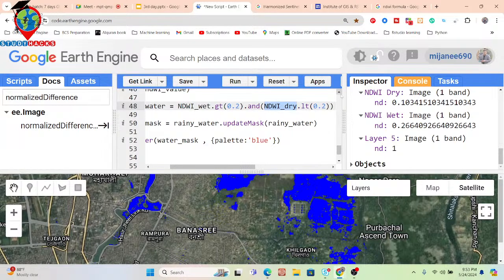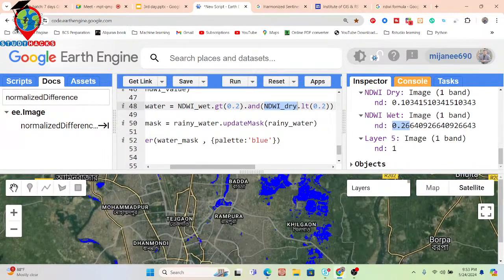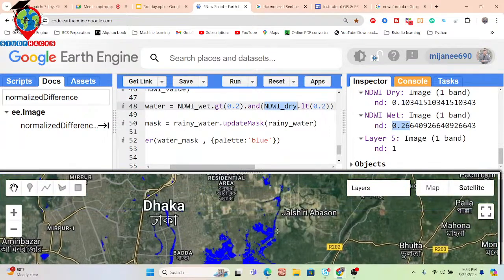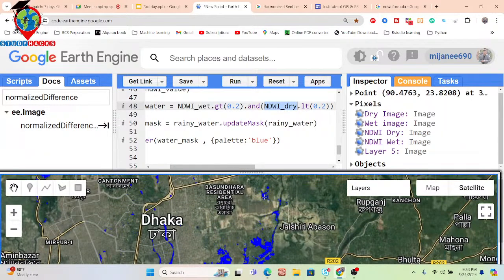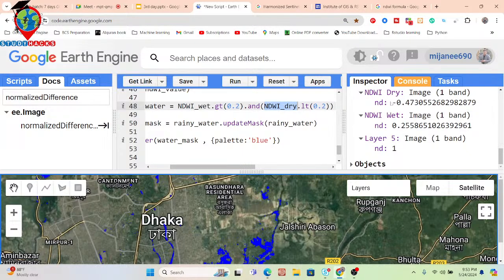So for every pixel, the condition I set shows this type of result. Also you can see negative 0.47, which is less than 0.2, and 0.25, which is greater than 0.2 from NDWI wet.